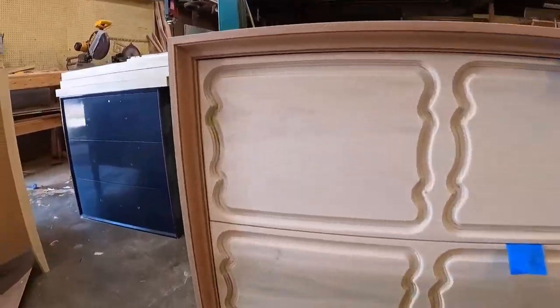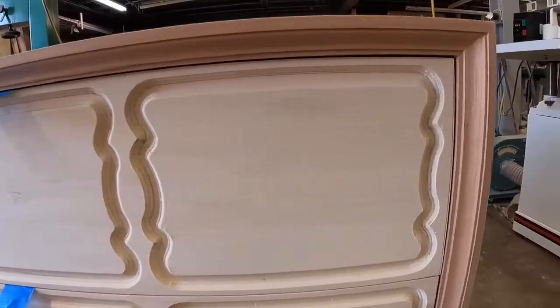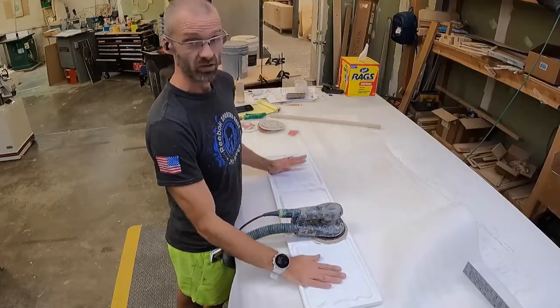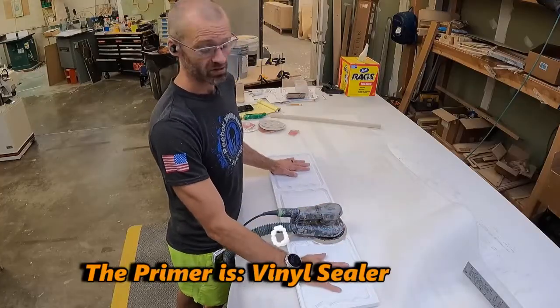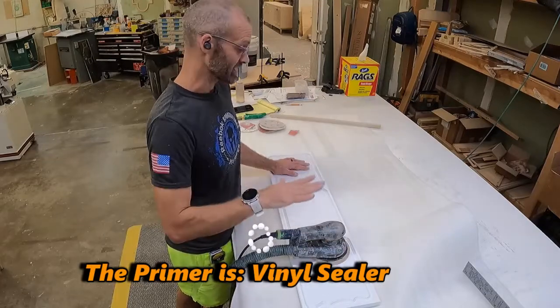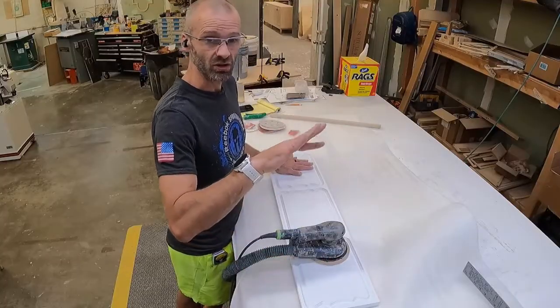Here's the finished product. It's a beautiful pattern, it takes a lot of work, but all right, we're going to start sanding our prime pieces. This is one of the fronts, and I'll give you a quick overview on what we do here. The prime and sander is a vinyl sealer, and I've got some 320 grit sandpaper on my sander. I'm just going to start sanding this thing, and then I'm looking for imperfections,